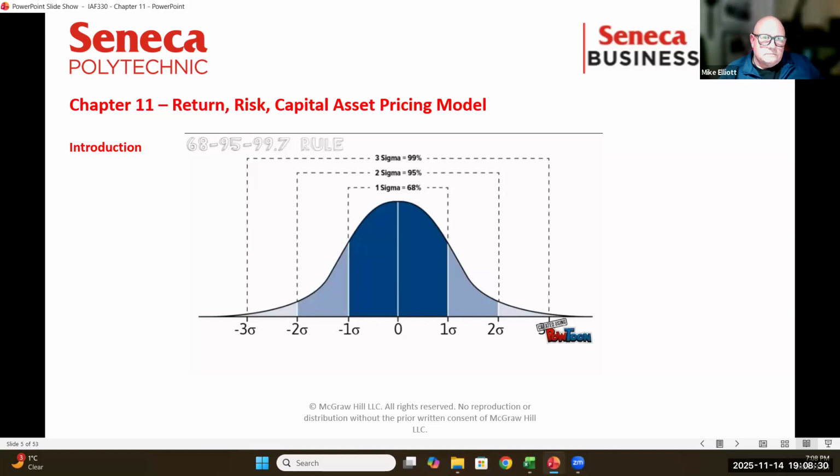The average height of an American adult male is 5'10", with a standard deviation of 3 inches. Using the 68, 95, 99.7 rule, this means that 68% of American men are 5'10", plus or minus 3 inches. 95% of American men are 5'10", plus or minus 6 inches, and 99.7% of American men are 5'10", plus or minus 9 inches. So this means only about 0.3% of American men deviate more than 9 inches from the average, with 0.15% taller than 6'7" and 0.15% shorter than 5'1".